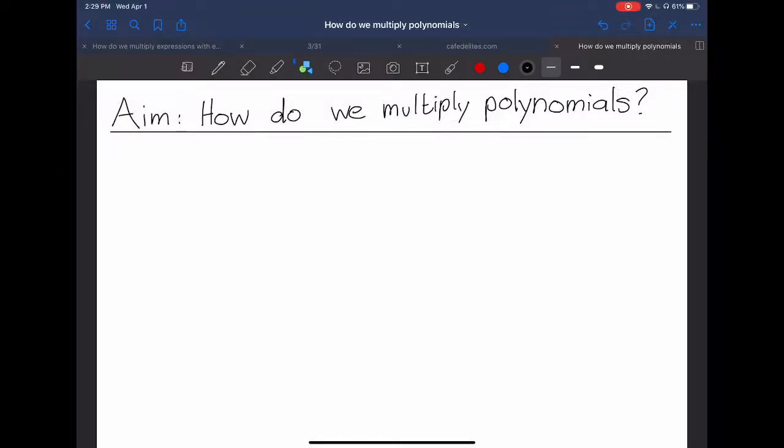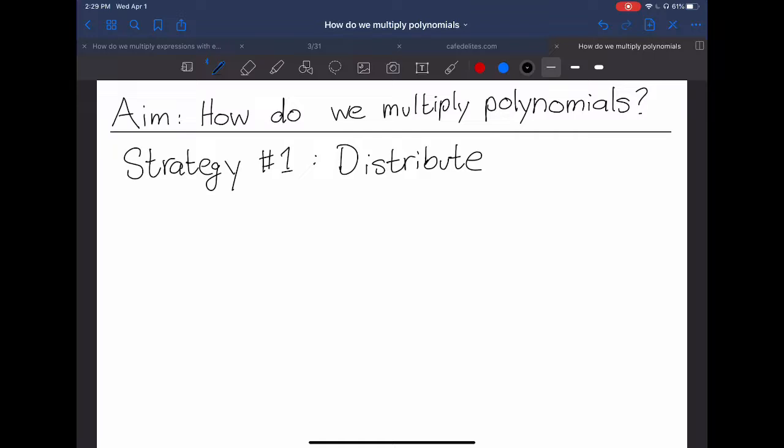Okay, today we're going to figure out how to multiply polynomials. So just like when we were trying to multiply two factors in our last unit, we're going to have two different strategies. So strategy number one is to distribute. So if I have two binomials,